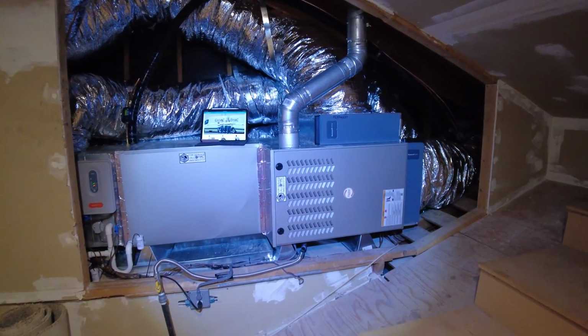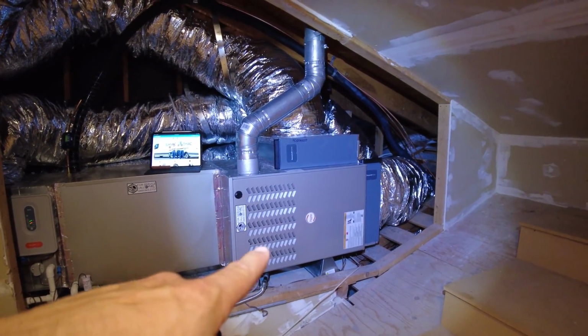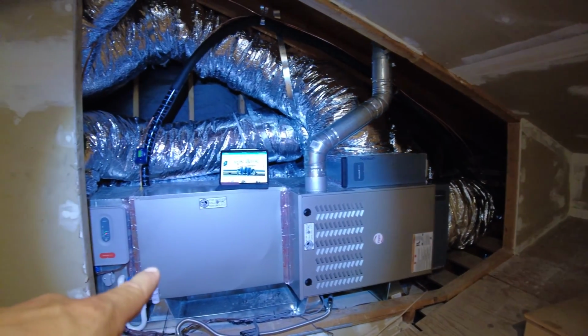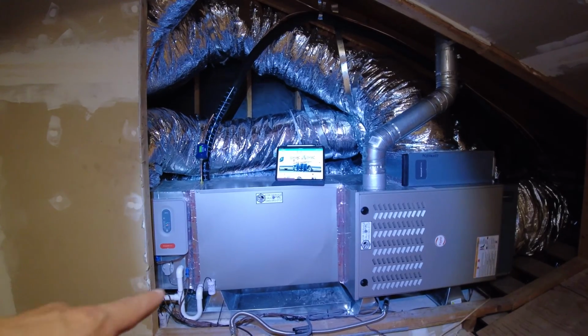This is our typical attic setup for horizontal furnace. We have multi-position furnace on the left side. We have horizontal cased coil. We have supply plenum. We do have